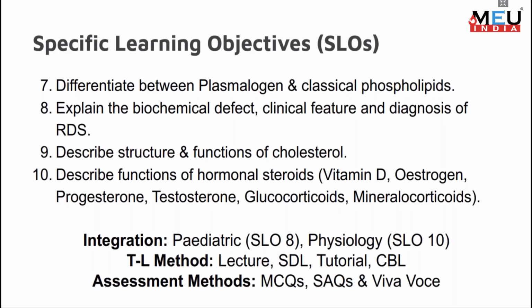Explain the biochemical effect, clinical features, and diagnosis of respiratory distress syndrome. Describe the structure and function of cholesterol. Describe the functions of hormonal steroids, which include vitamin D, estrogen, progesterone, testosterone, glucocorticoids, and mineralocorticoids. Specifically, regarding this competency BI 4.1, we can integrate SLO8, which relates to respiratory distress syndrome, with the pediatric department, and SLO10, which is the function of hormonal steroids, can be shared